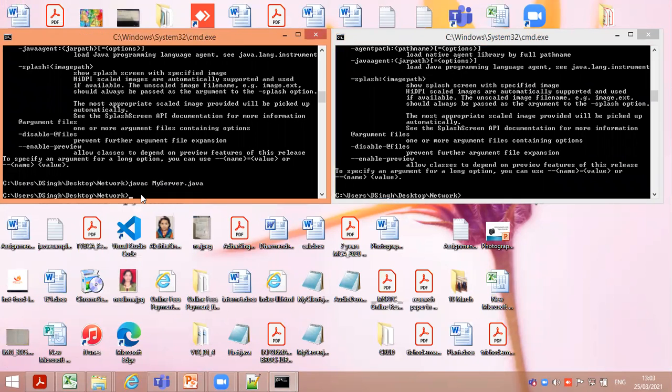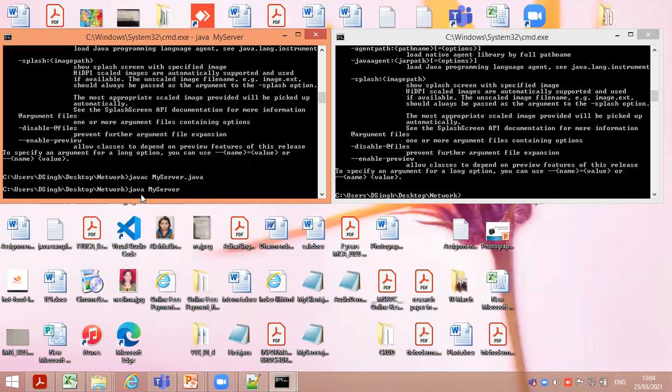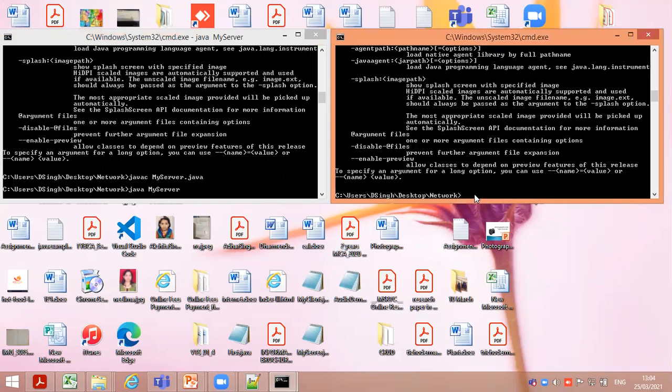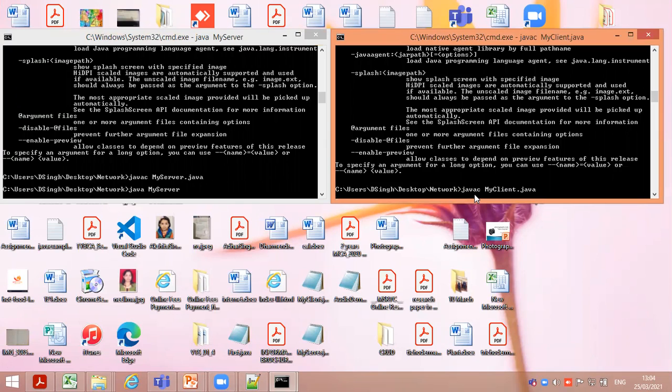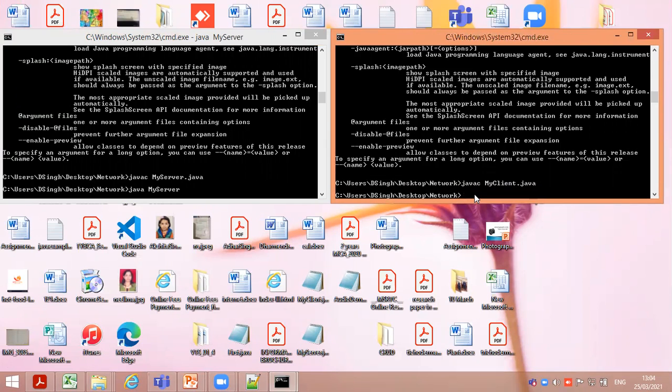If there is no mistake, then run java MyServer. The second part is the client: javac MyClient, and then we run java MyClient.